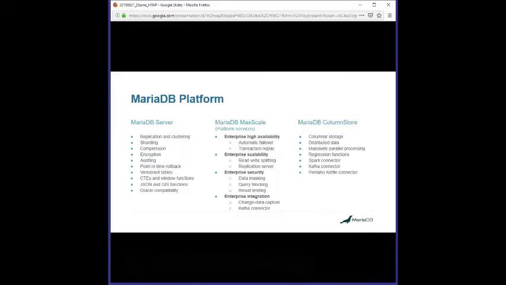As I mentioned at the beginning, there are three main core parts of the MariaDB platform. The first is the MariaDB Server, which is the transactional piece of our platform. It is widely distributed software that is part of many Linux systems today. It comes included with things like Red Hat. Highly scalable, but unlike others, we have a smaller footprint, which gives us a greater advantage when used with container